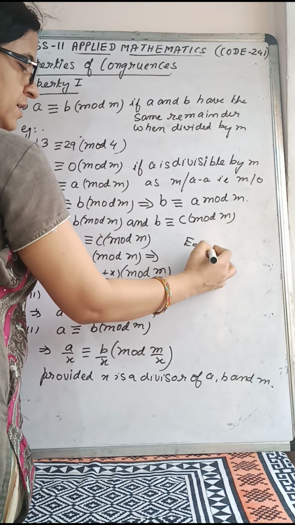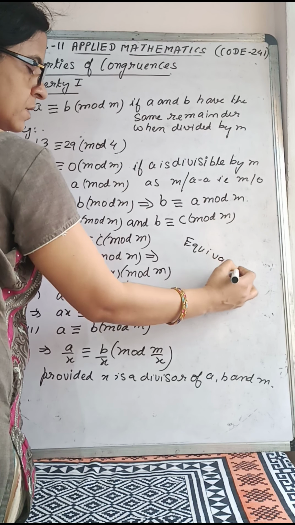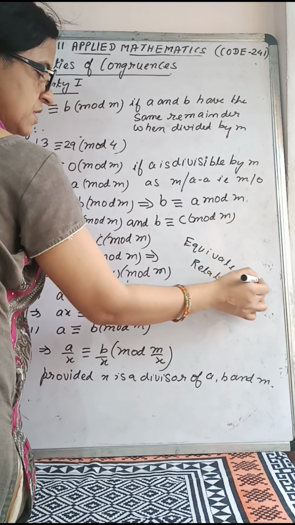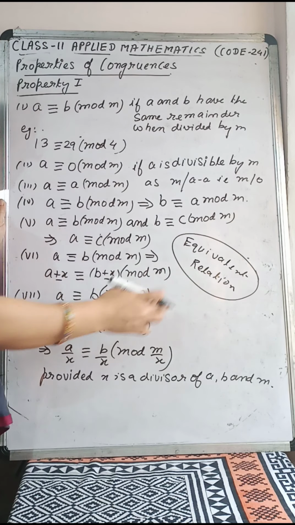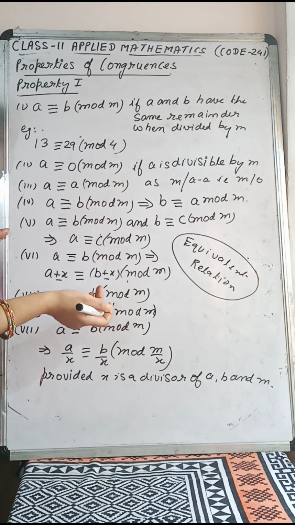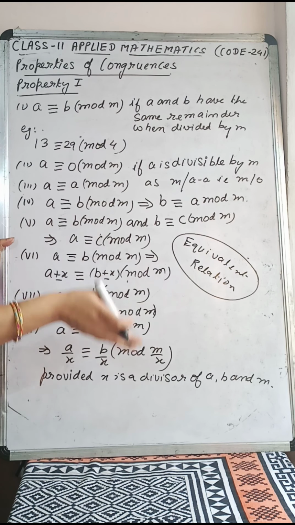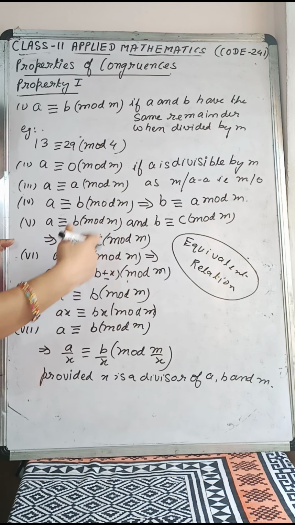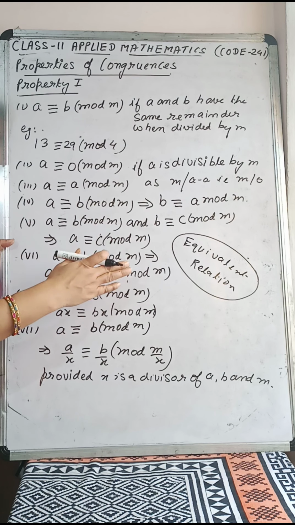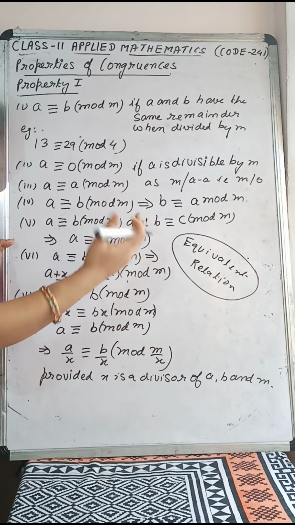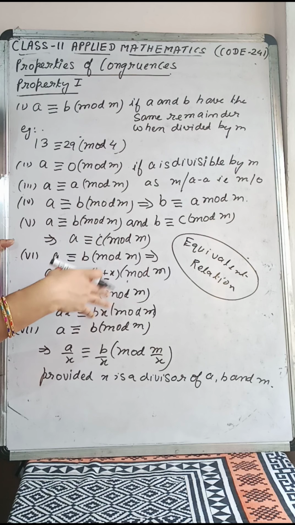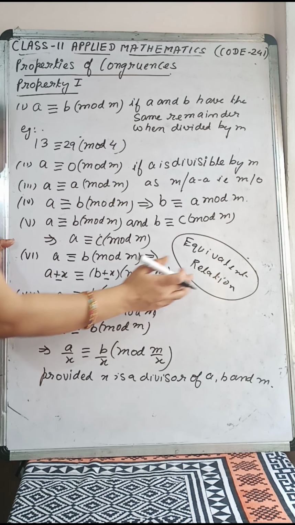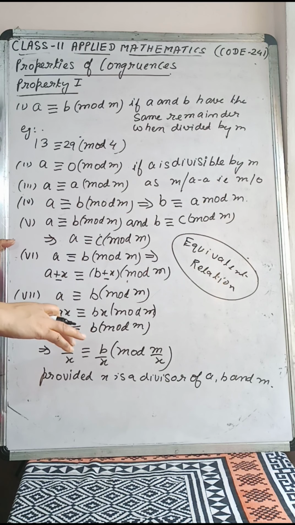You may have done this equivalence relation in the first chapter. A relation R is said to be an equivalence relation if it is reflexive, symmetric and transitive. Reflexive means all the identity elements belong. Symmetric means if (A,B) belongs to the set, then (B,A) also belongs to the set. And transitive means if (A,B) and (B,C) belong to the set, then (A,C) also belongs to the set. You have done this equivalence relation in the first chapter.